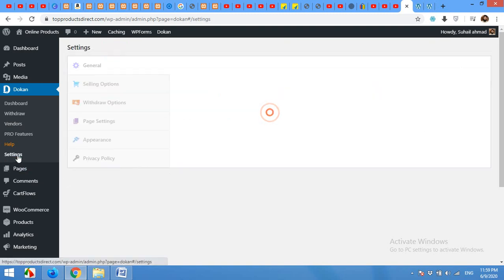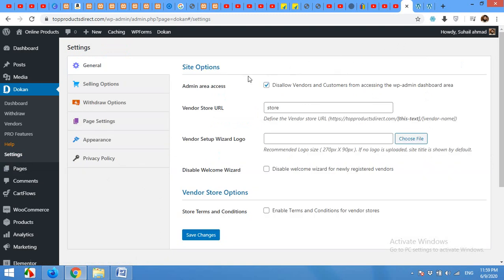Okay, in the settings menu, all the settings we just did in the wizard are here, but also some new settings. Okay, in the general settings, there are the store URL and the vendor setup wizard logo. This setup logo will only appear when a vendor tries to register, and he will also see a wizard to set up his store name, his products, and anything related to the vendor setup from here.